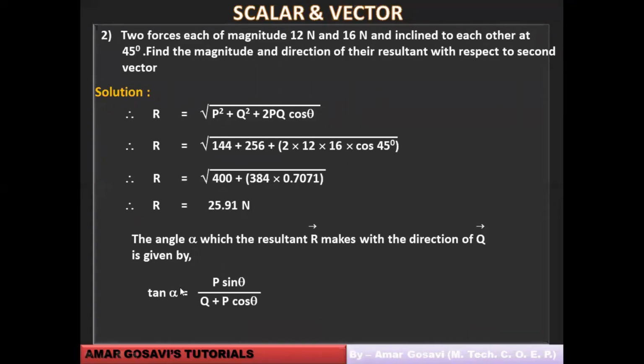So how you work out the direction, friends? So direction is tan alpha, we all know. The formula for tan alpha was P sine theta upon Q plus P cos theta. Now what I will do is I'll substitute the values in this. I'll work out the calculations and show you. Before I do that, I want you to make a note of this. Please let me know once you're done with it so that I can show you the next slide where the direction is worked out.